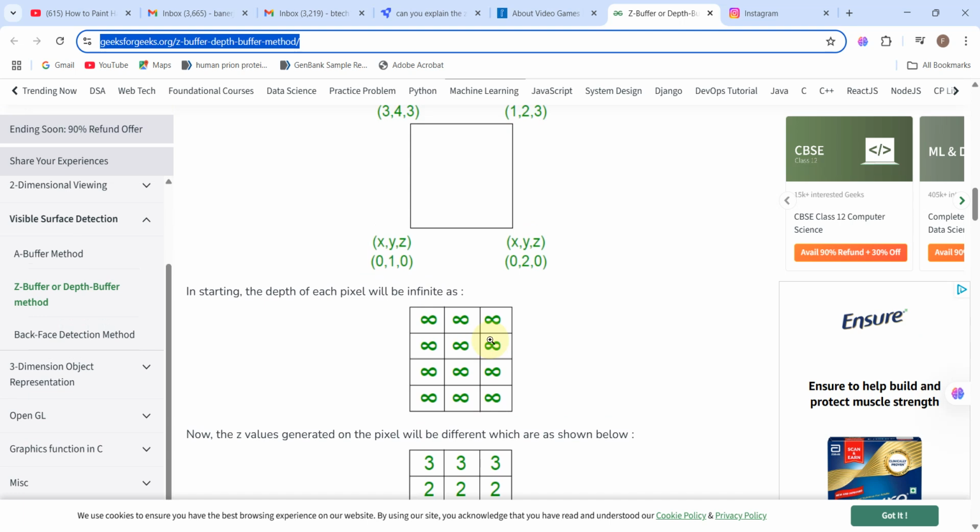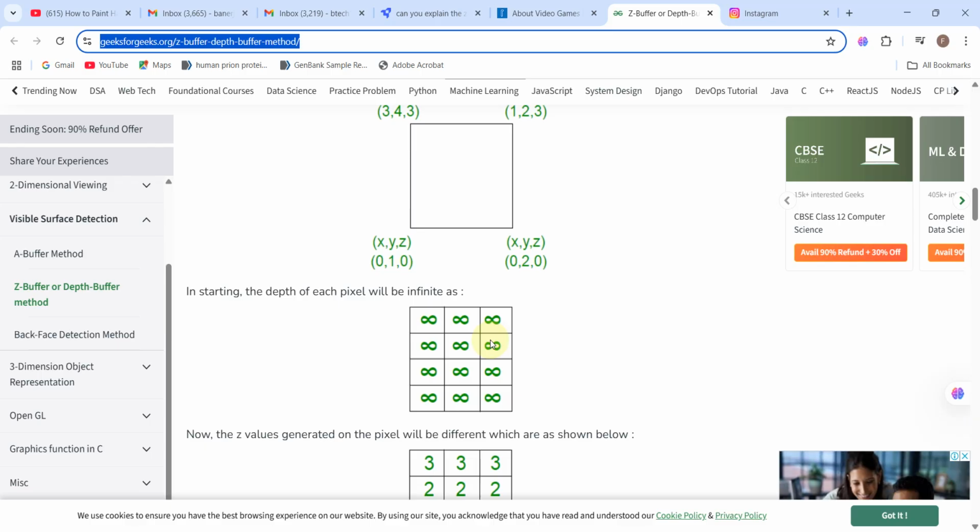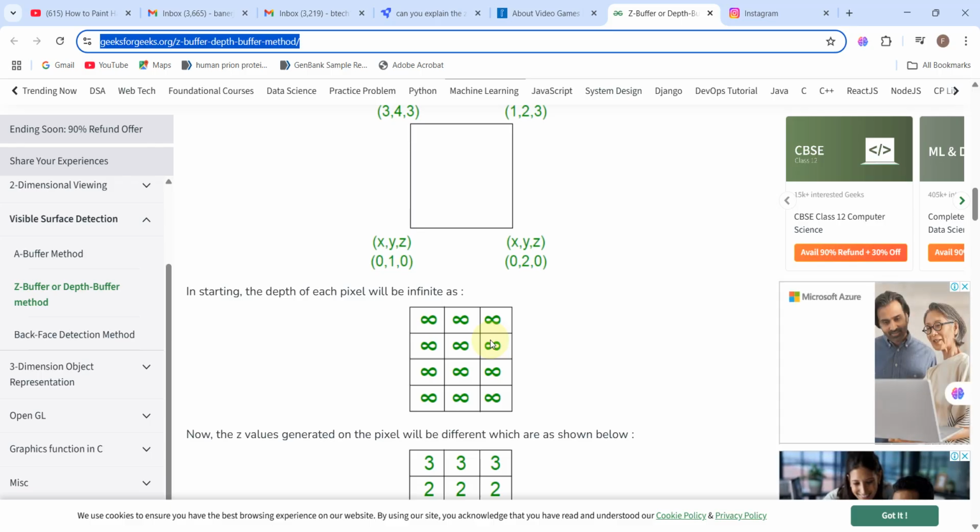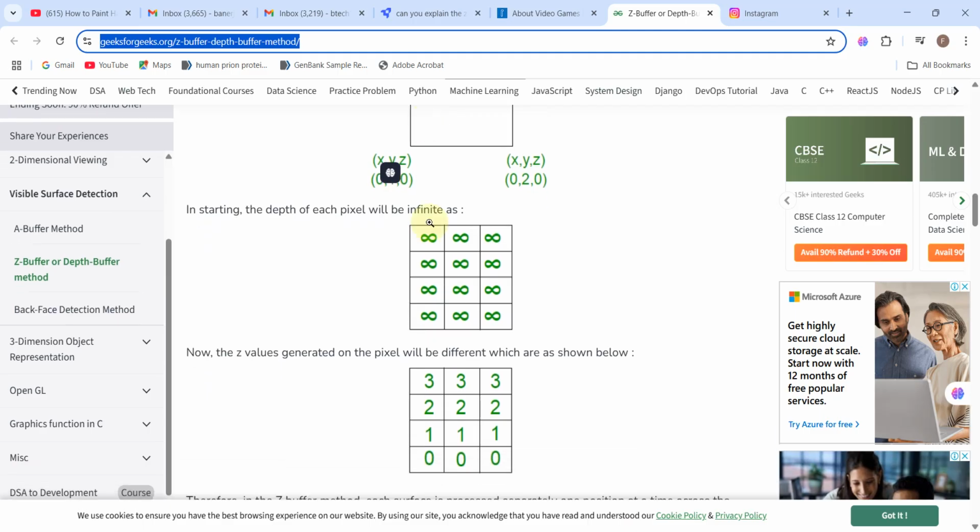So that was all for that. Yeah, we were saying, initially I tried to explain how you can fill the z coordinate values with the help of pixels, but initially the depth buffer matrix is set to infinity, that is, all the pixels are placed at infinity. Then the z values of the pixels are compared, and accordingly stored in this matrix.